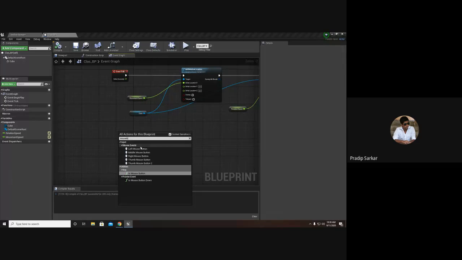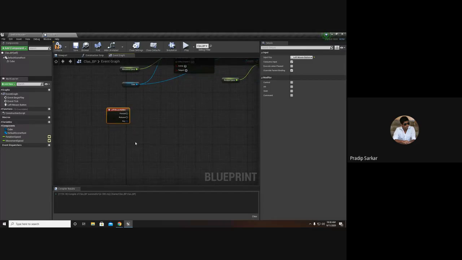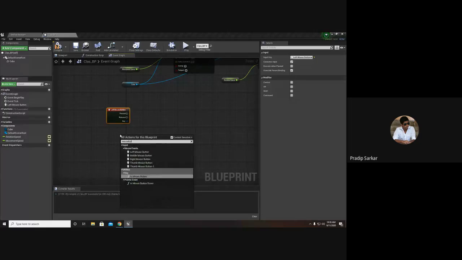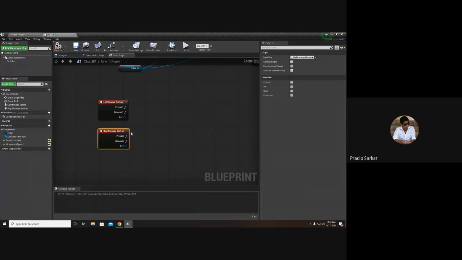All the buttons are present. So I will get the left mouse button event, and the right mouse button event. The left mouse button and right mouse button have three properties, that is pressed and released, and the key.